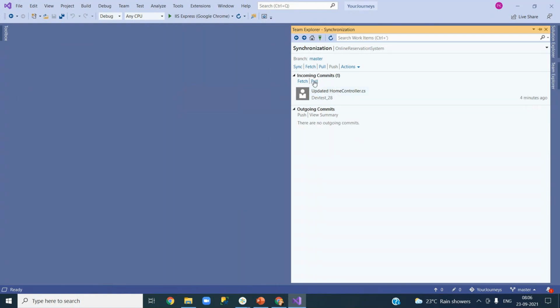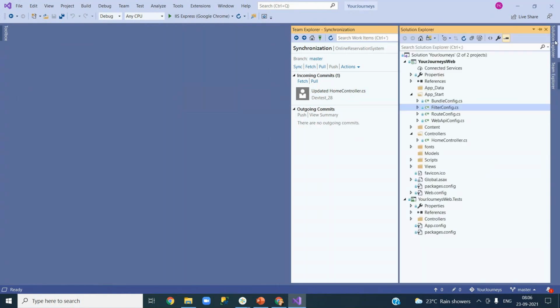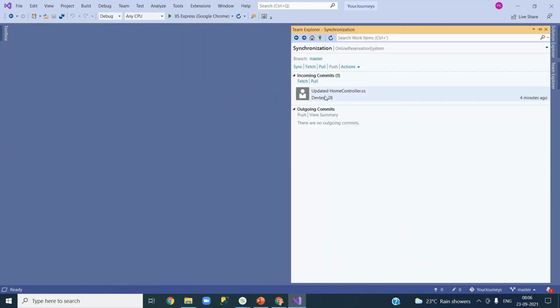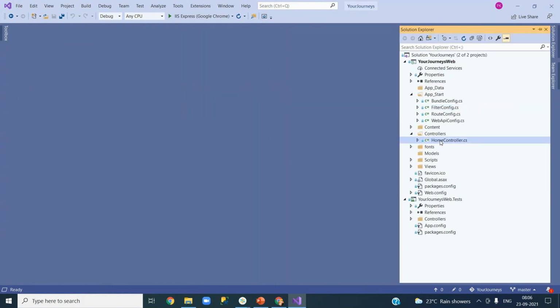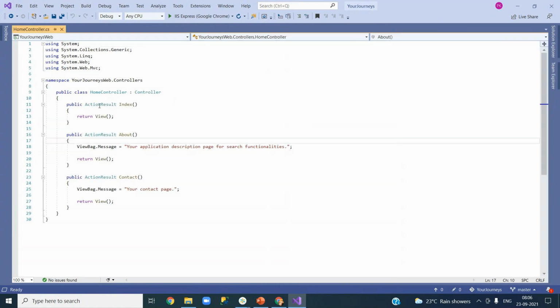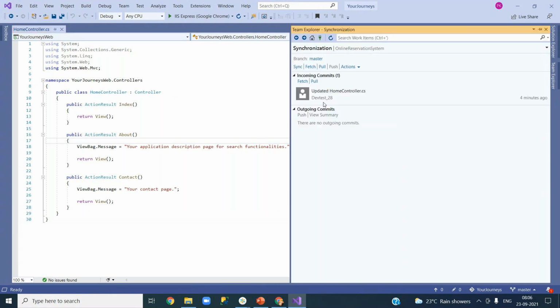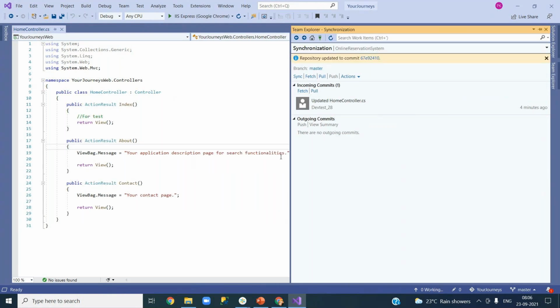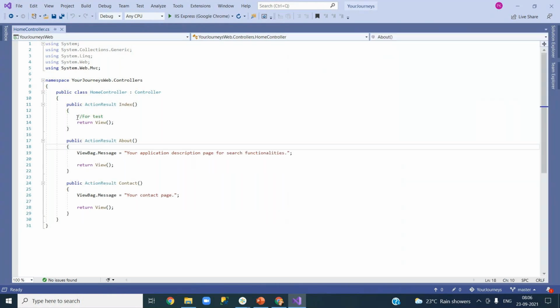So if he is happy, then he will go ahead. Right now, when I say fetch, where is this? It is in the home controller.cs, right? You can go and inspect first. I don't have that for test here. He created a for test comment. Now, when I go and pull, the change has come here. So this is the best practice for the developers: inspect the server changes using the fetch command